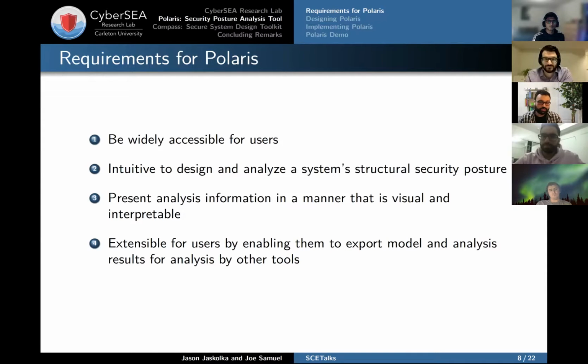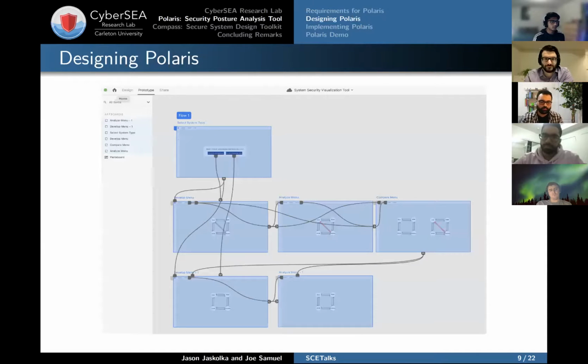And it also needs to be extensible for users. These are people who are developing systems more than once, and they're not on their own when they develop systems. So we want to create a mechanism that can help them share these design details and artifacts with other designers, other engineers, et cetera, to work on or integrate into their workflows as well. So we took these requirements as core principles for designing this tool.